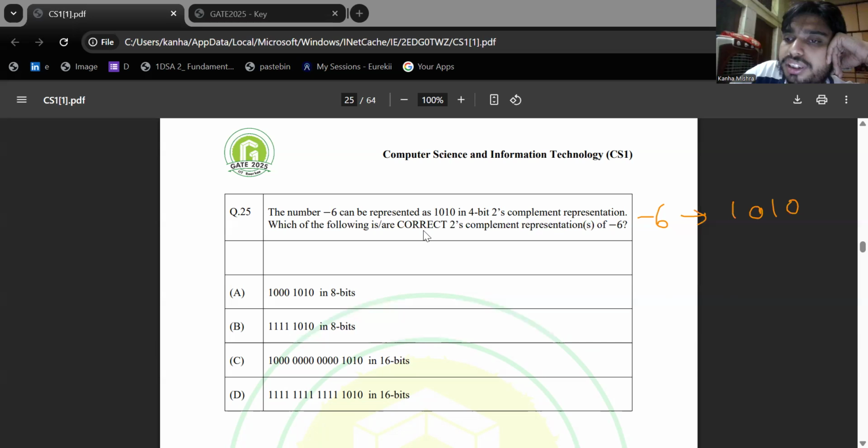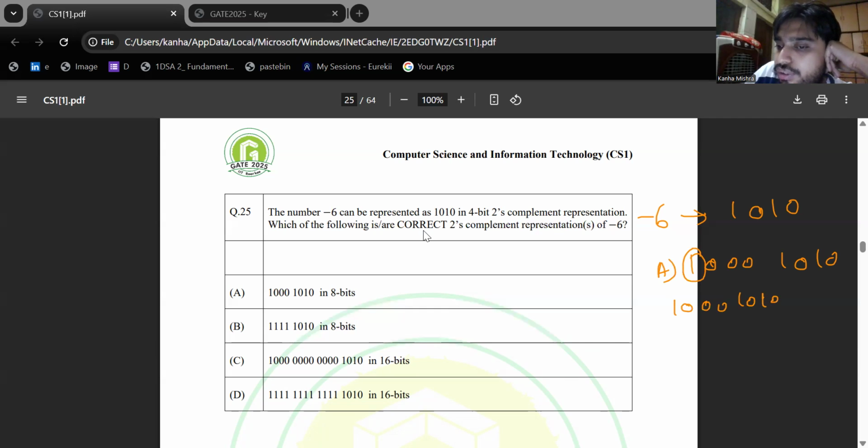So the first option is, in 8 bit, the given option is 1000 1010. This is option A, and that is in 8 bit. Check MSB. So MSB is 1, but let's decode it. 10001010 is not the correct sign extension of 1010, because if I try converting this number using 2's complement, then